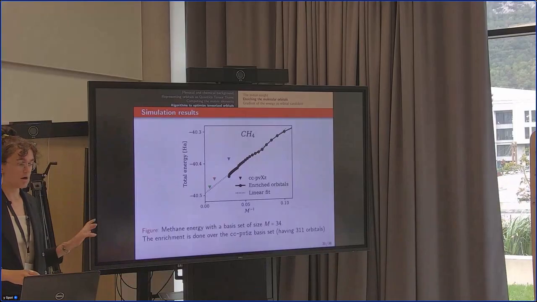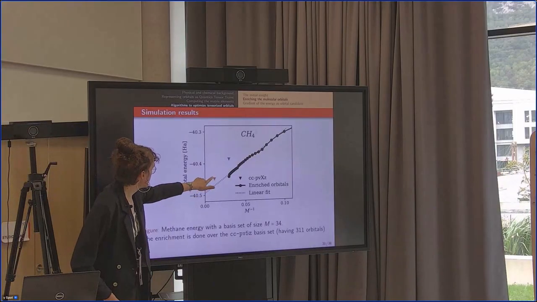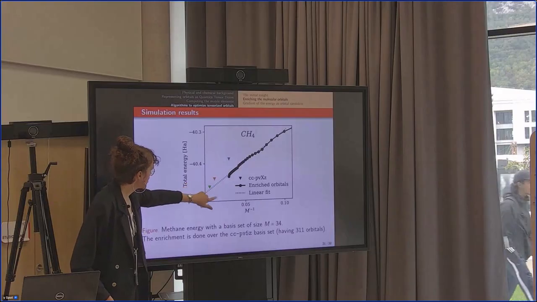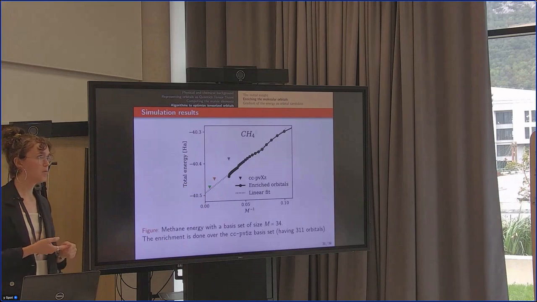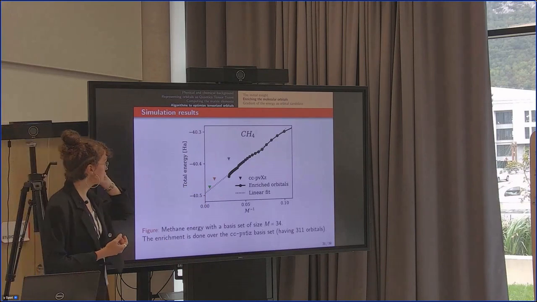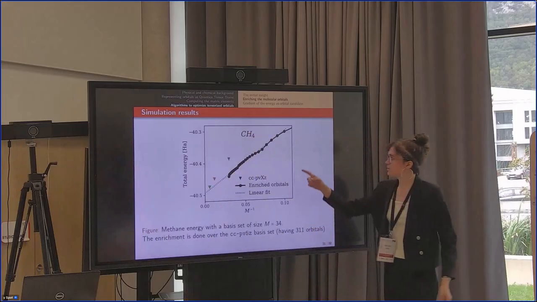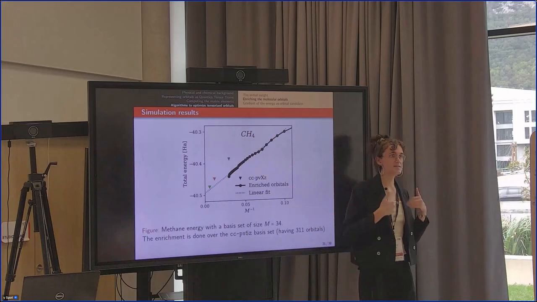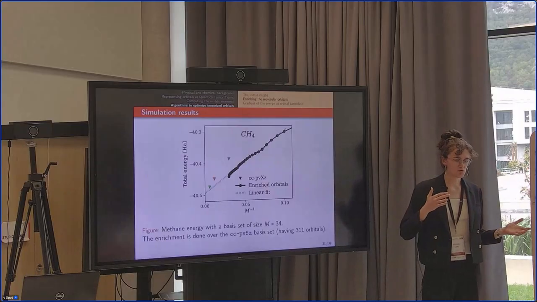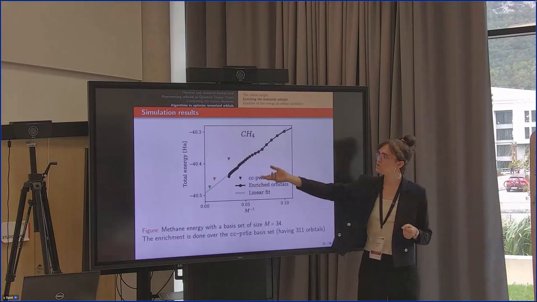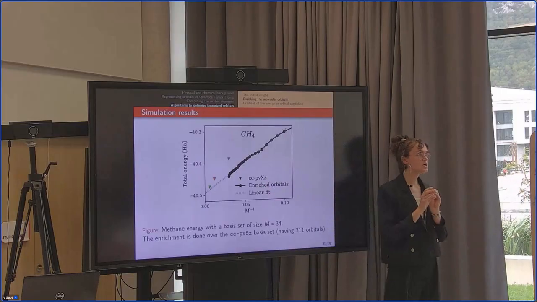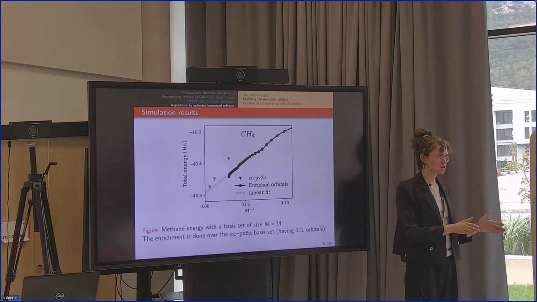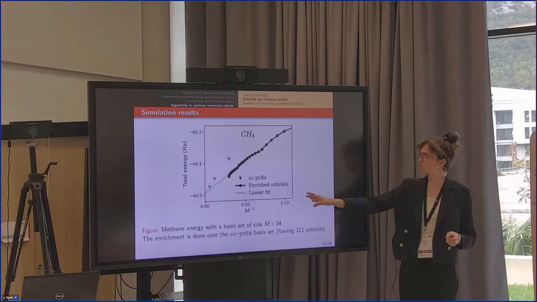That's great. And you see that I'm almost getting the accuracy of this one, which has many more orbitals. A second advantage, in addition to being more accurate at the same cost, is that the extrapolation is much better. It makes sense because before they were using these families of basis sets that were defined in a way to make extrapolation possible. But they had weird rules of extrapolation because you could not control the number of orbitals. Here, we can have as many orbitals as we want because when we compute natural orbitals, we can discard only what we don't want, but we can keep whatever we want. So the number is free.